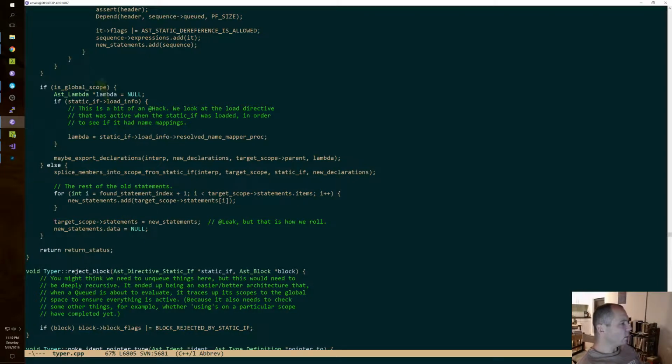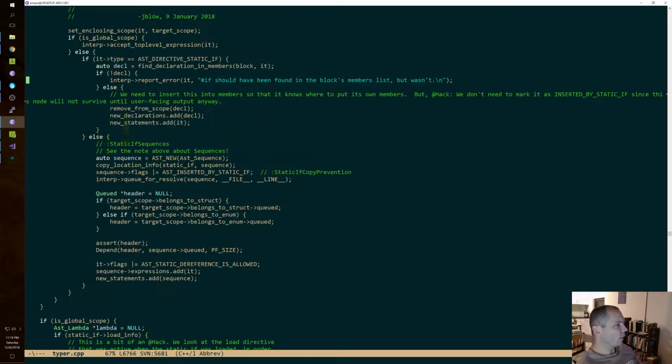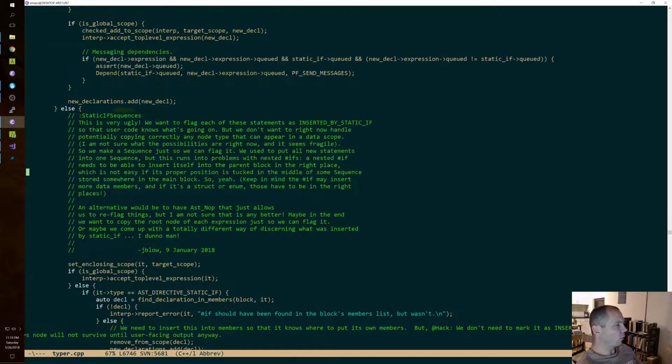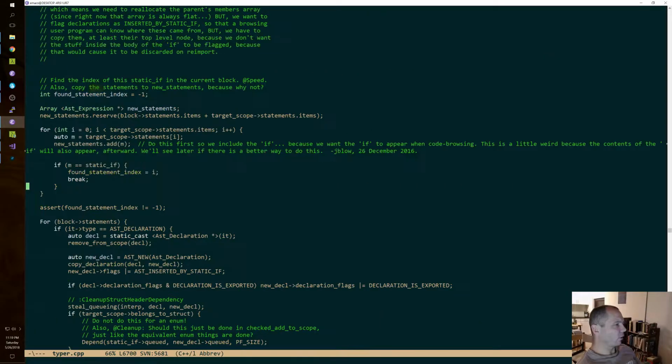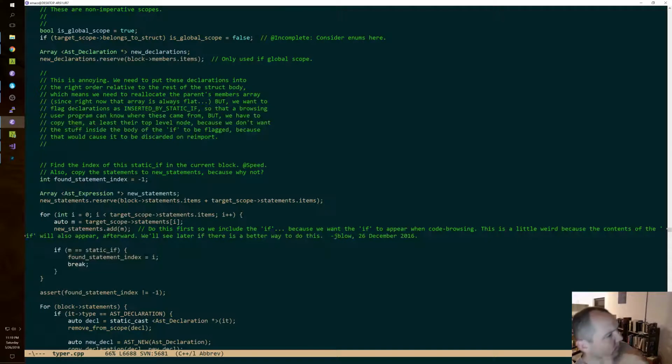So let's see if there's anything else. Like, I feel like this can get more simple over time. Like, we're still doing a lot of different things in this routine. But I feel like maybe some of them involve structural changes globally to the compiler to not require so much complexity.